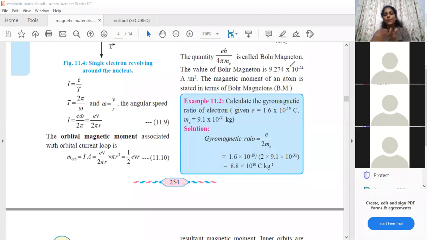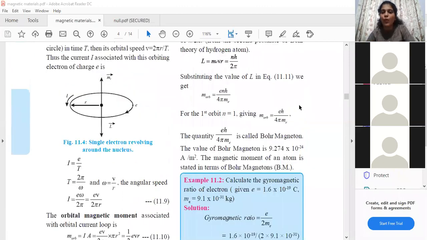Now students, we are supposed to bring orbital angular momentum into the picture. As I mentioned, in quantum mechanics there are two types of momentum: spin angular momentum and orbital angular momentum. Spin momentum is because of the spinning of the electron, the plus half minus half spin, and the orbital angular momentum is nothing but equivalent to your normal angular momentum. Only the thing is, we won't be using the formula I omega, which is the formula for normal angular momentum. We won't be using that formula.